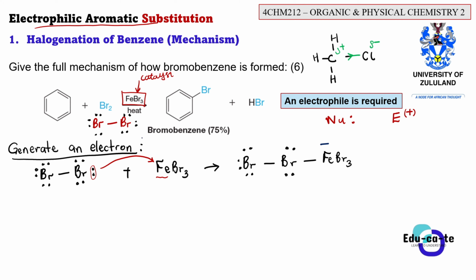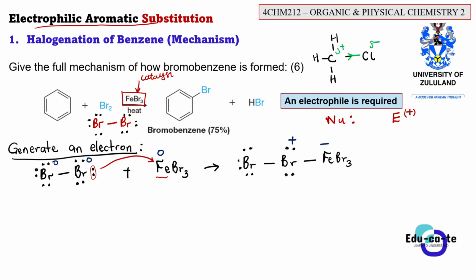It was neutral at first. The charge here was 0. But because this bromine chose to give away its electrons into the empty orbital of Fe, the Fe will now become negatively charged. Now this bromine that has given away its electrons has partially lost electrons, so it will become slightly positively charged. So on the bromine Br, we'll write a positive charge to show that it has lost its neutrality by giving two electrons.